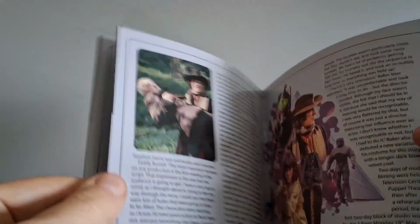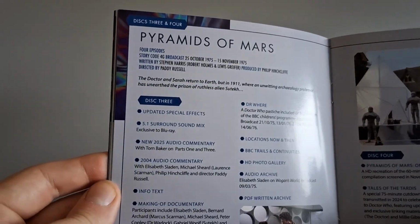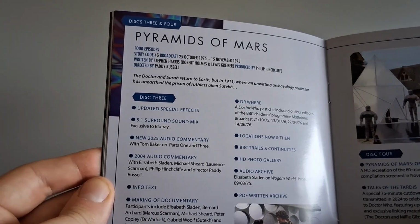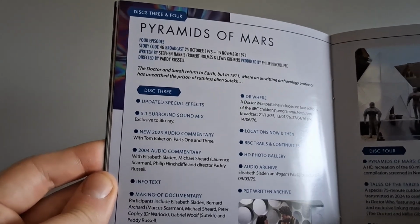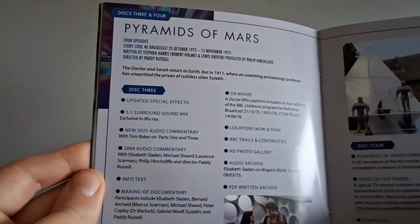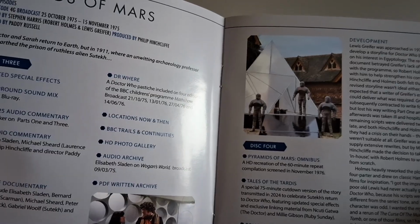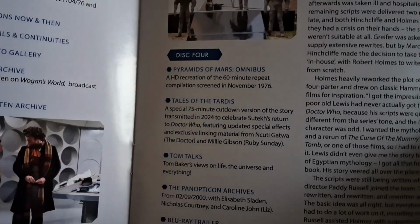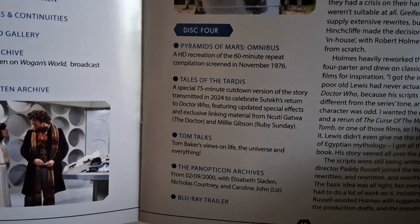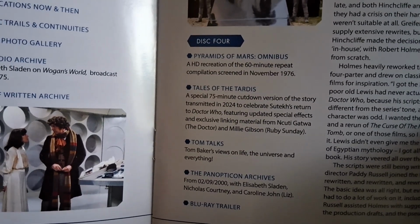More artwork there. Ooh. Disc 3 and 4, Pyramids of Mars. Disc 3, updated special effects, so I'm going to assume that is on the 4-part version, but I could be wrong. You've got interviews, Behind the Sofa, and for Disc 4 you've got the omnibus version, which was repeated in November 1976, and you've got the Tales of the TARDIS version, and you've got Tom Talks, where Tom Baker will